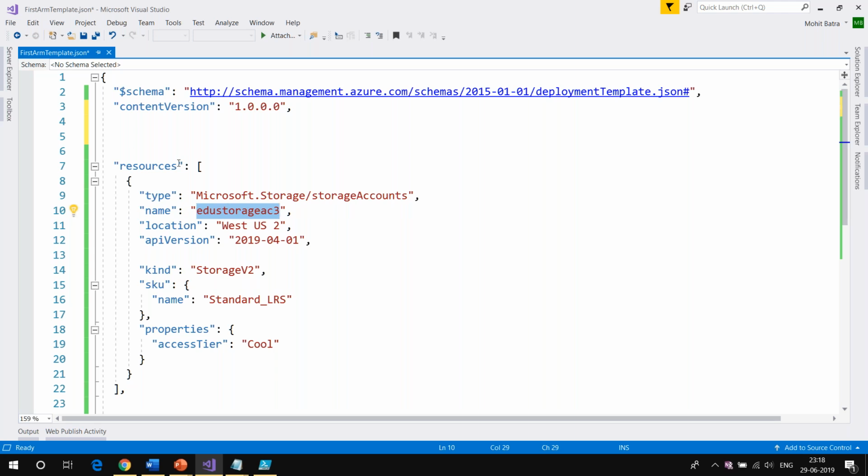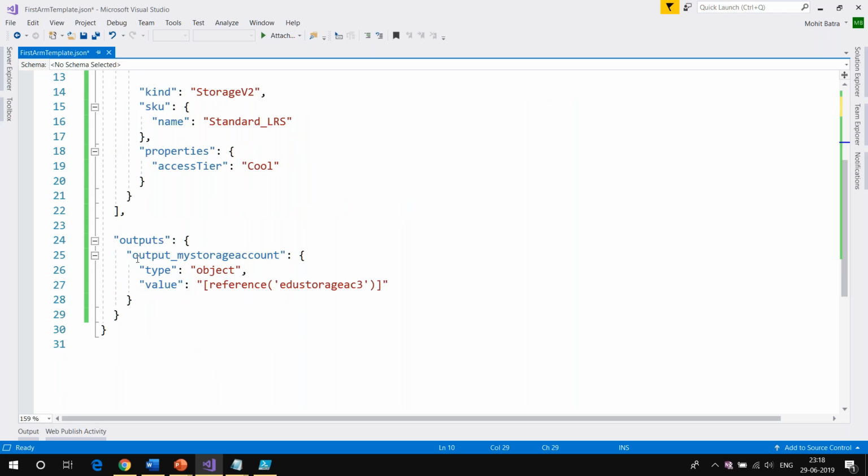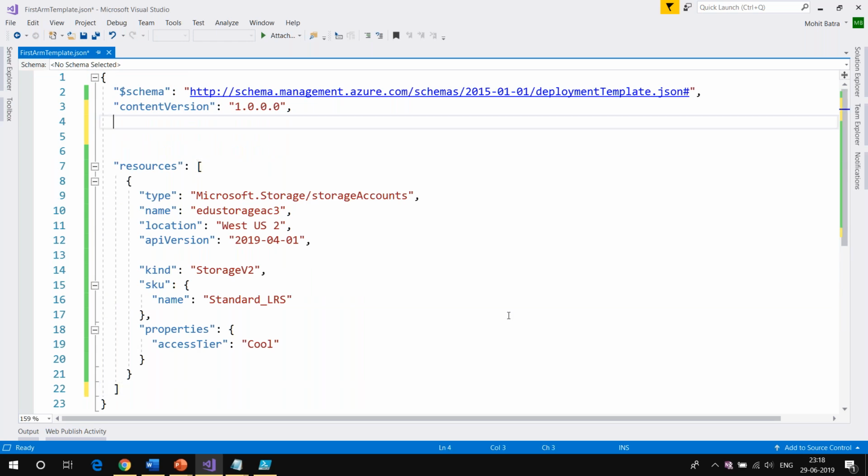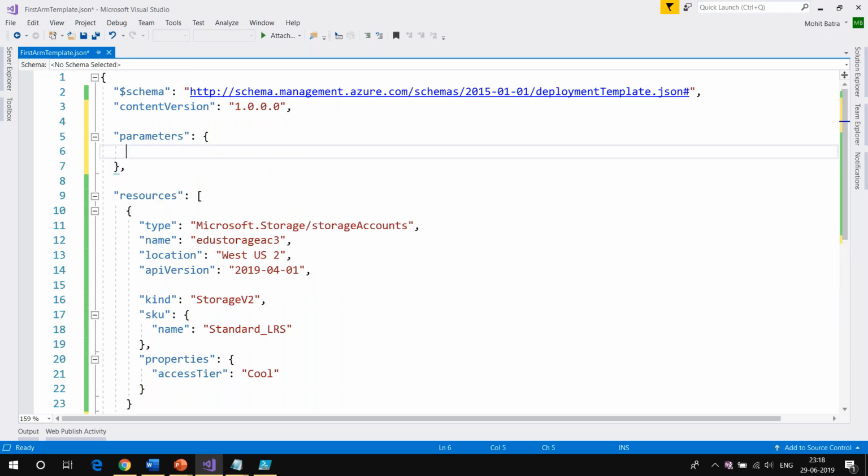Let me remove this section, as I don't want to see the whole output every time. I am going to use a new section called parameters, and define which parameters I want to take externally, so that I don't have to do the hard coding. I will provide a parameter value.